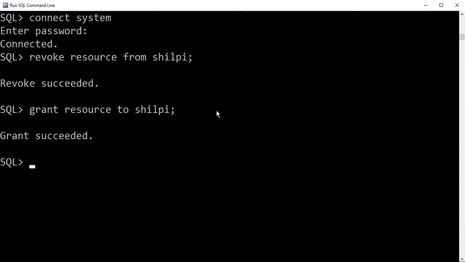Okay, so this is how we are going with different users. If we want to make the new user a database administrator, then I can use DBA. So now I am giving the DBA privileges to the new user. Grant DBA to Shilpi. So in this case, I am providing the database administrator's privileges to the new user. We can also list all the privileges in one line like this, as you want.